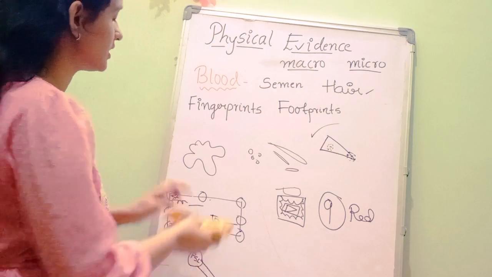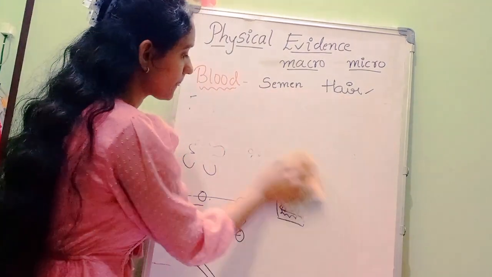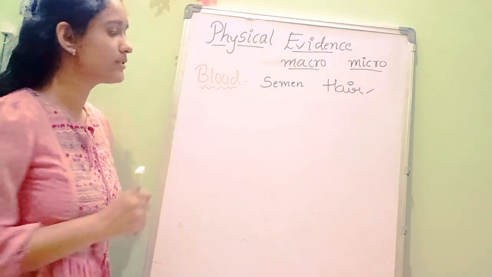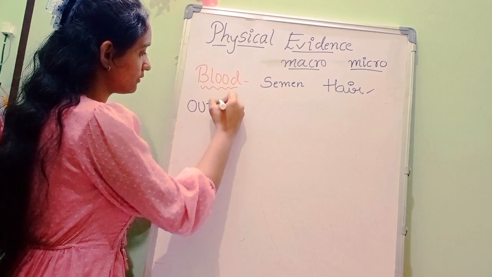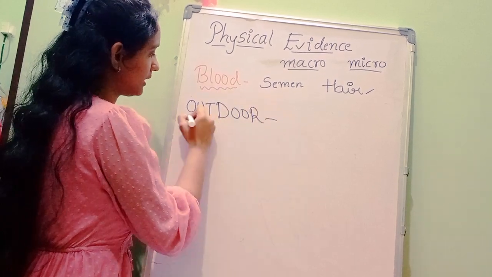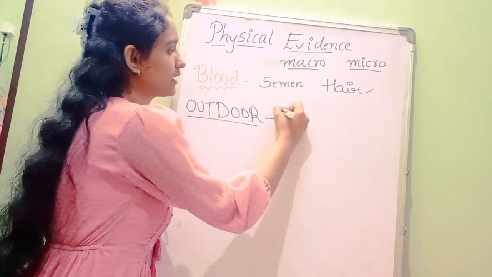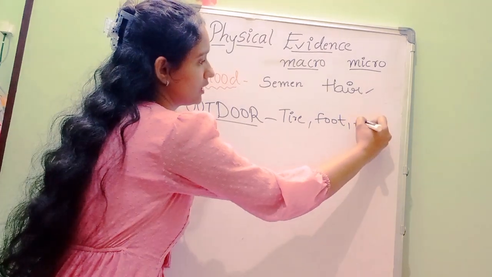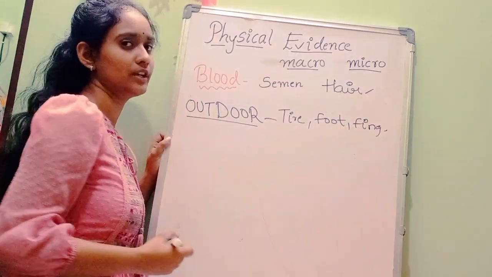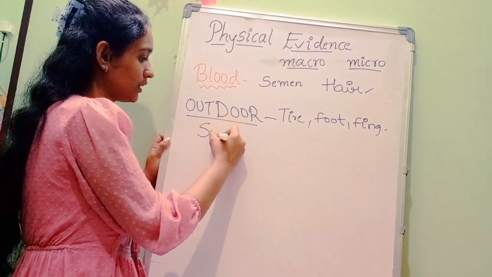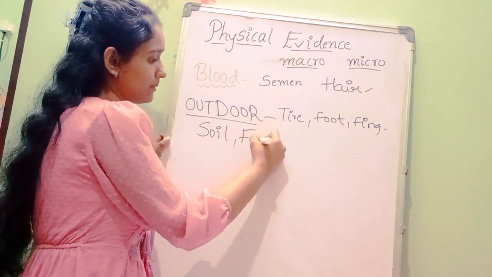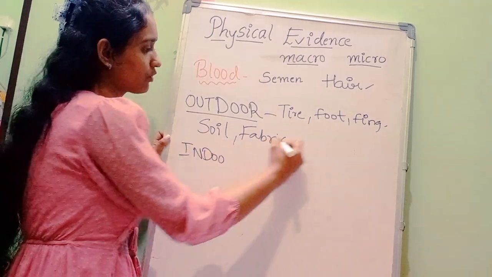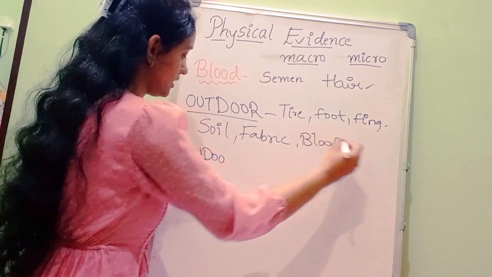And I want to say just one thing, like what would be the things taken in the outdoor crime scene and indoor crime scene. So if it is an outdoor crime scene, they will take the tire marks, footprints and fingerprints and soil particles also, because it is outdoor. So that's why soil and some type of fabric sometimes. So in indoor crime scenes, of course blood also comes, but I'm just saying, in indoor crime